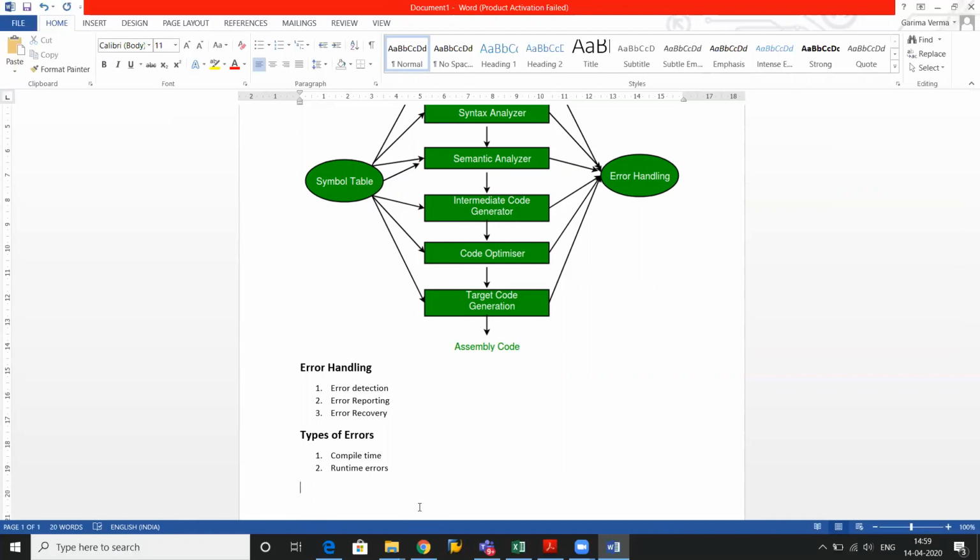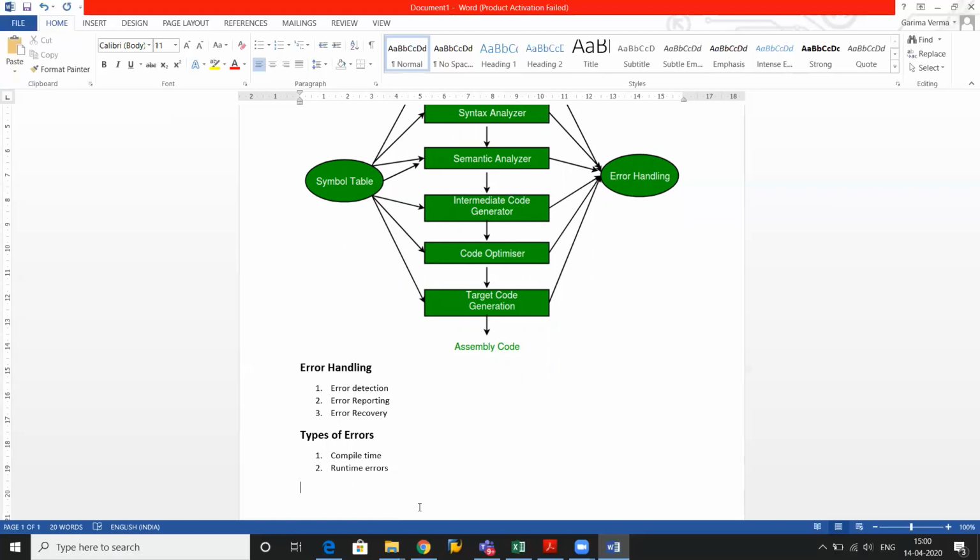For example, you have written that a particular value is being assigned into an array, and the index that you have mentioned for the array assignment is out of bound. Then this error will not be detected at compile time. It can be detected only at runtime, right? Another type of runtime error is if you are dividing a particular number by 0 and the value of that particular operand is coming at runtime, at execution time, then this error will also be detected by the runtime environment, right?